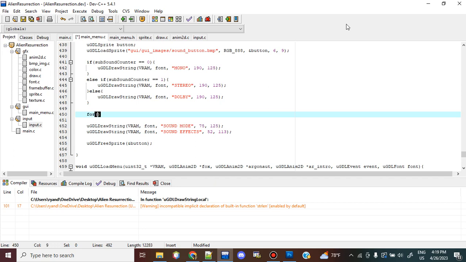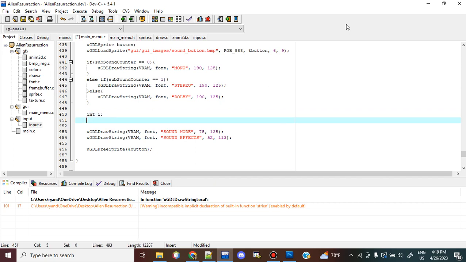Be a for loop. As long as I is less than sub sound counter 2,